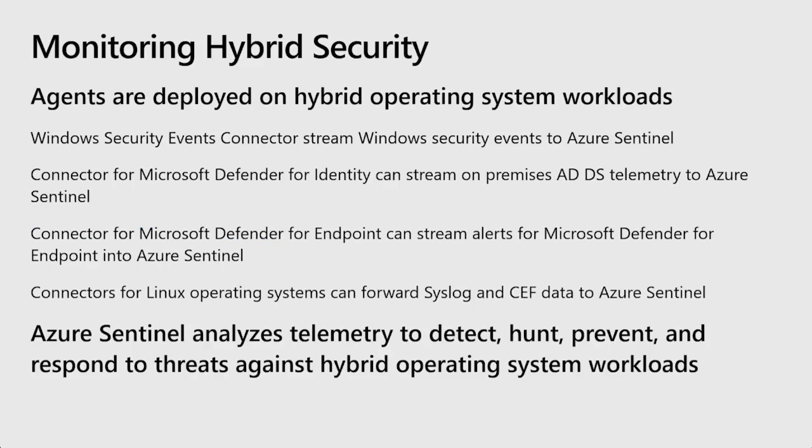Now, the next thing we want to have a look at is hybrid security monitoring for your environment. There are a couple of scenarios, and we have a couple of different products available which you can leverage in your environment. How we attach hybrid workloads which are running outside of Azure is by using an agent. So we're going to deploy an agent on these hybrid operating system workloads,